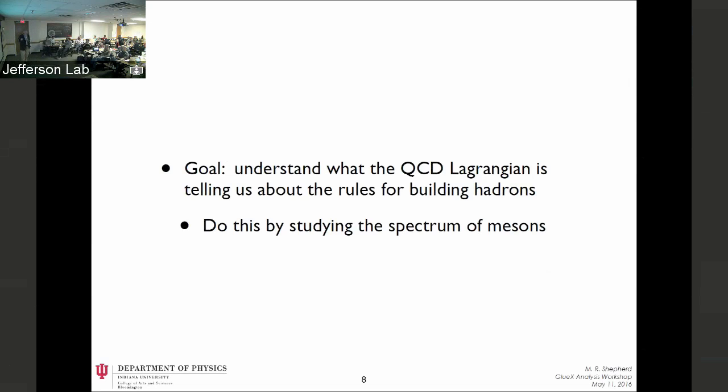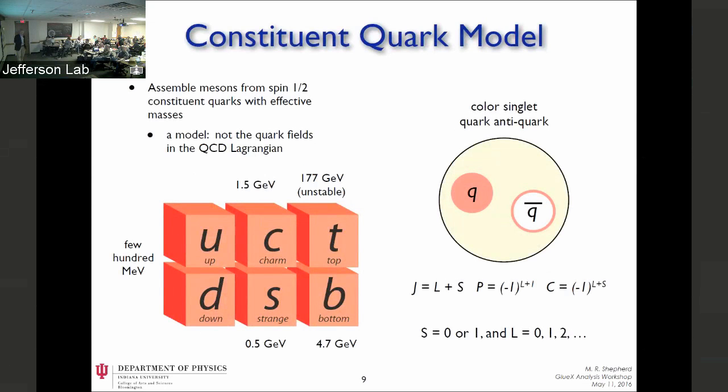But what we're going to do, and what I would like to highlight really, is looking at patterns in the meson spectrum as an attempt to understand this. So look at the gross features of how all these particles emerge from QCD. And so one component of that is the